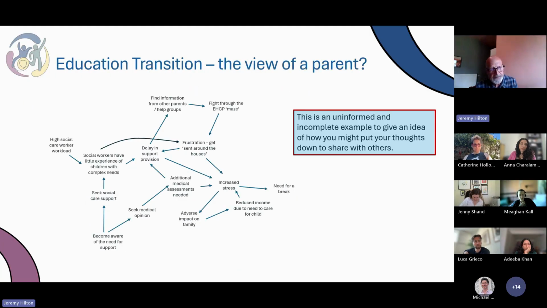So I tried putting one together. Basically, what I've done in various projects is work from people's stories. So in some of the preparatory work done within Sprocket, I went and looked at one of the stories in SharePoint and tried pulling out of that story some of those factors and my perspective of how I thought they linked. And you're starting to look at the impact and potential outcome of some of those. So it's uninformed and incomplete. But it's trying to take somebody's story, which has got lots of words, and identify the factors and put them in relation to each other. Not evidence-based, but what appears to come out of the conversations.